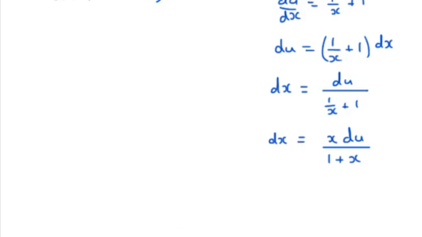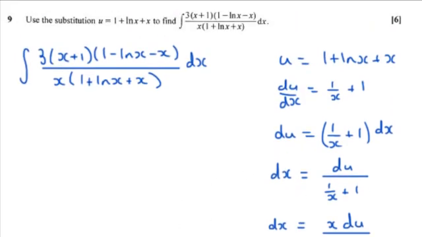The next thing we need to worry about is these logs. Now this one's fine, this is obviously just u, but what is going on here? We've got the relationship that u is equal to 1 plus ln x plus x. But what is minus ln x minus x equal to? Well, if we move these to the left-hand side, that pops out our minus ln x minus x. So if I now move this u to the right-hand side,